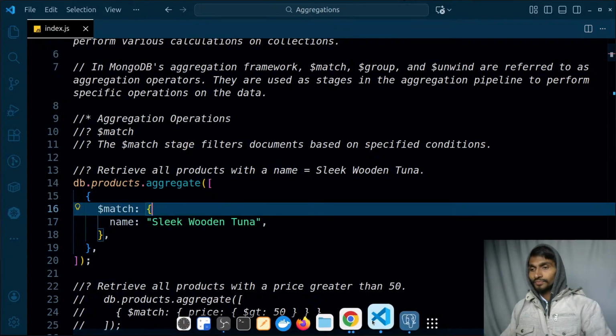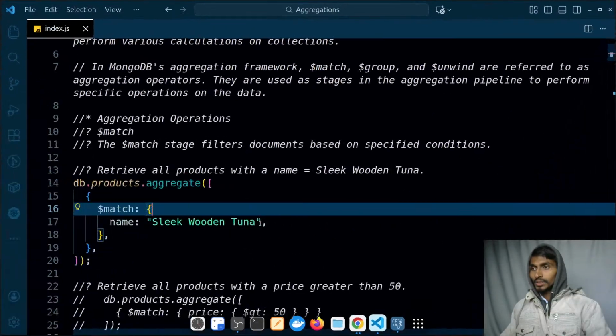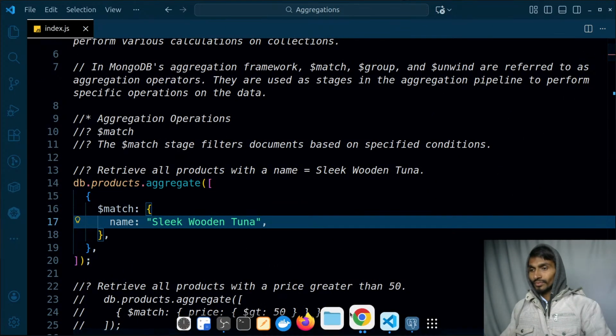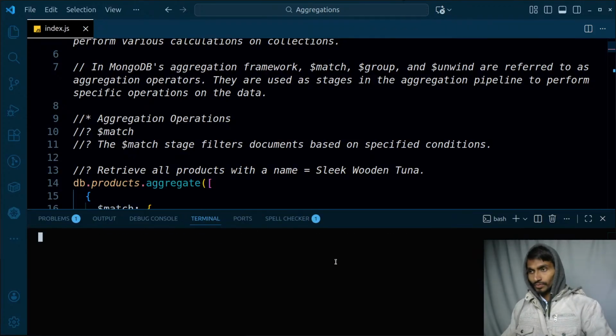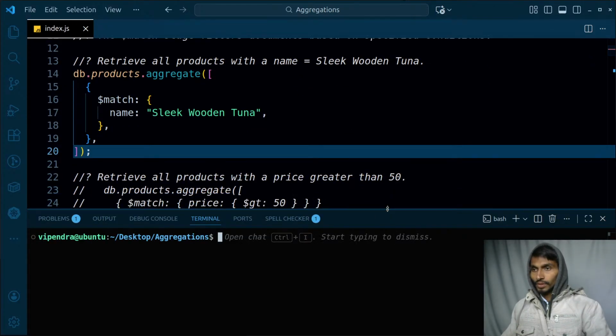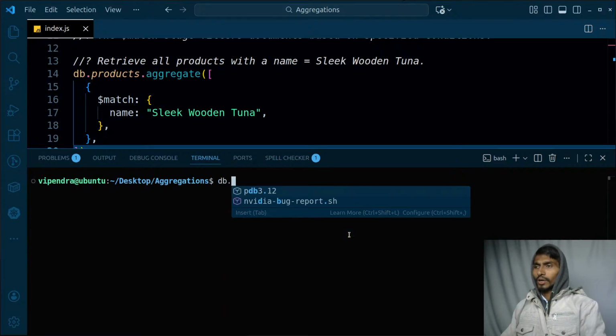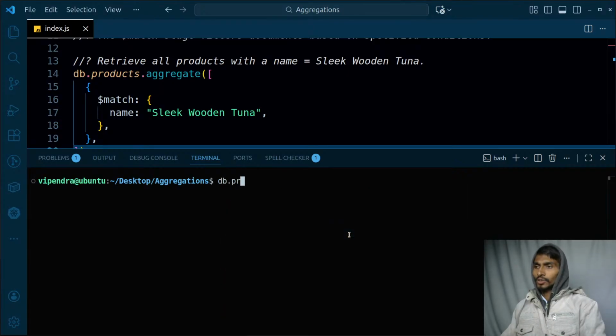Let's try to do that. Why not? This is how it's going to be going on. By the way, let's try to do the same thing over here only, so that we have proper stuff. So what I want, first of all, I can even directly find db.products. I mean, it's not like they are only that way. db.products.find. If I want to find a product where the name is actually